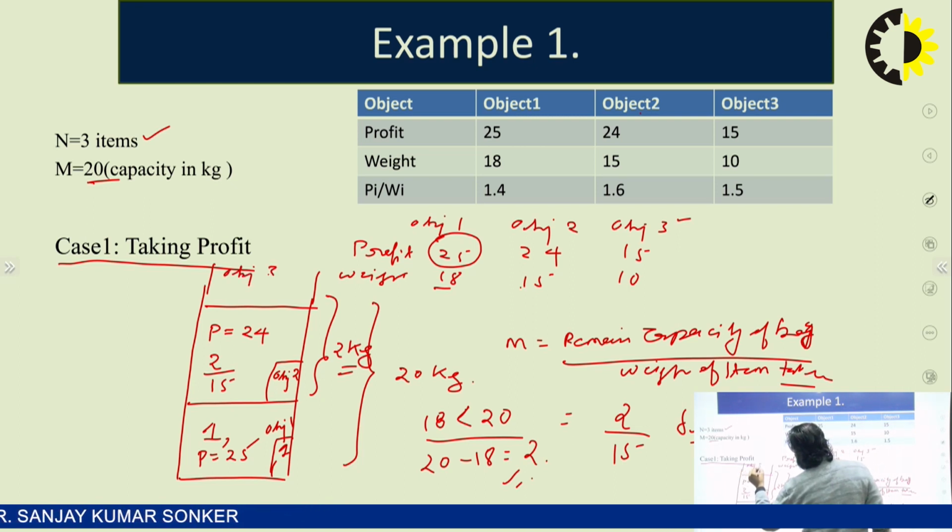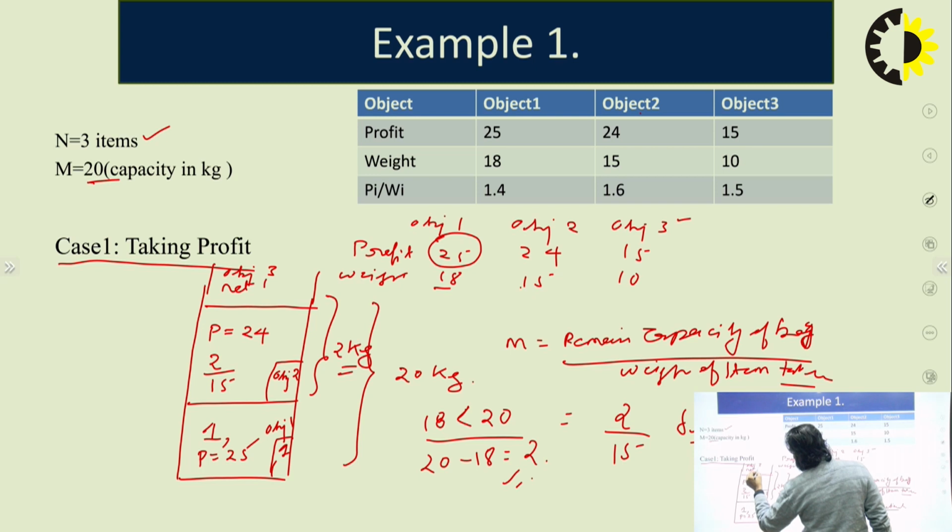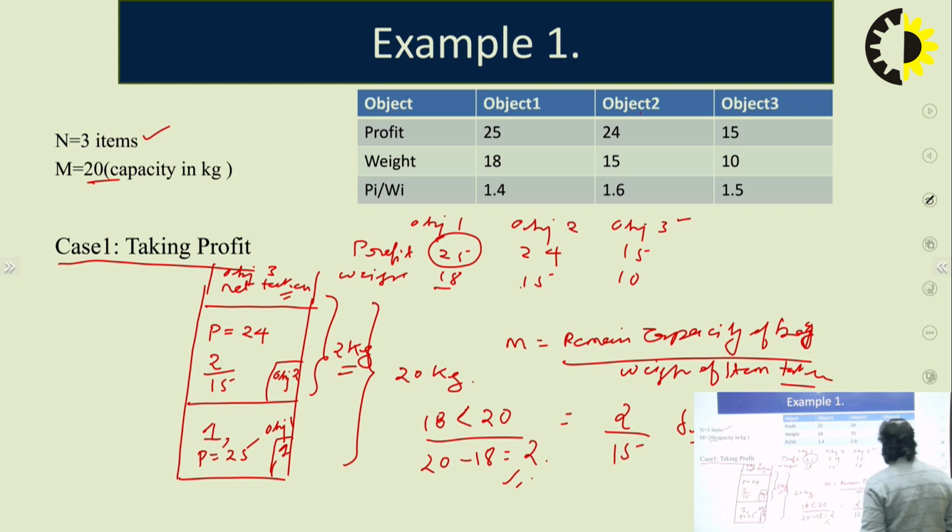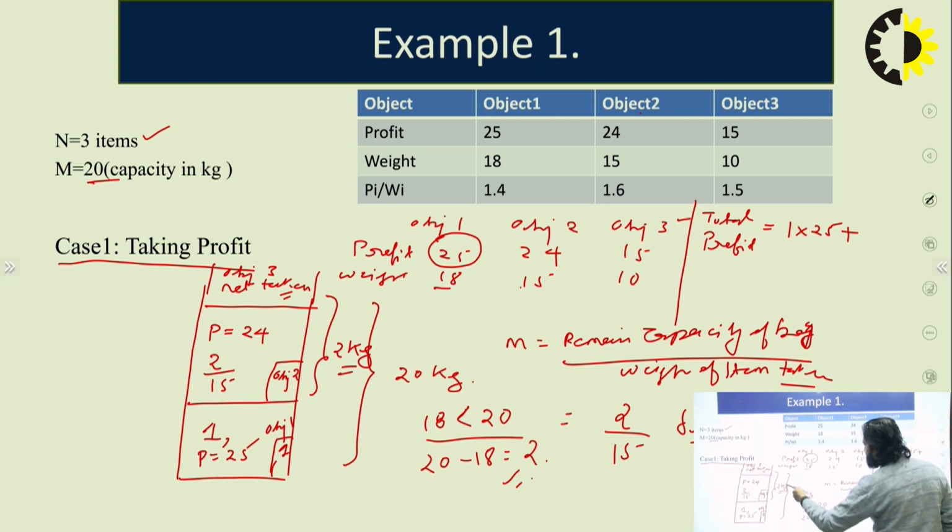Object 3 is not taken, so the bag is complete. Now we calculate the total profit. First we take object 1, completely taken, so 1 into profit 25, plus object 2,